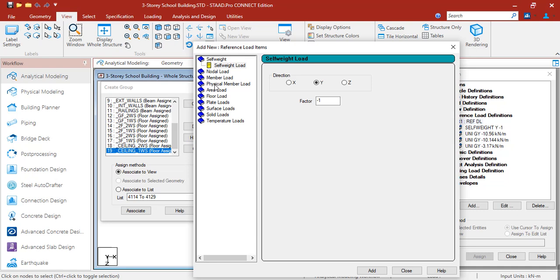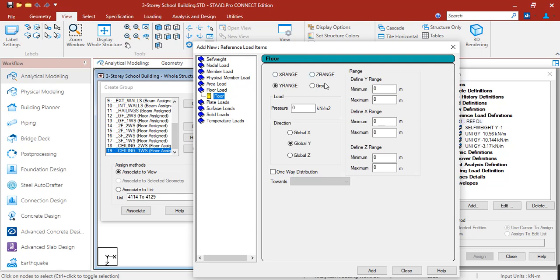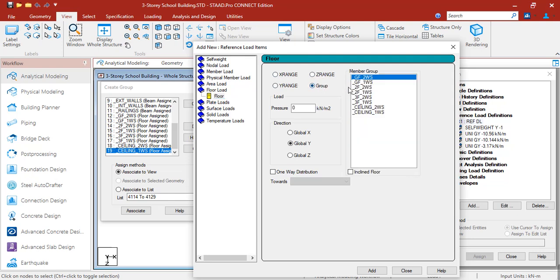Here, let's proceed with floor load. Then click the group. Let's create first a floor load for ground floor two-way slab.